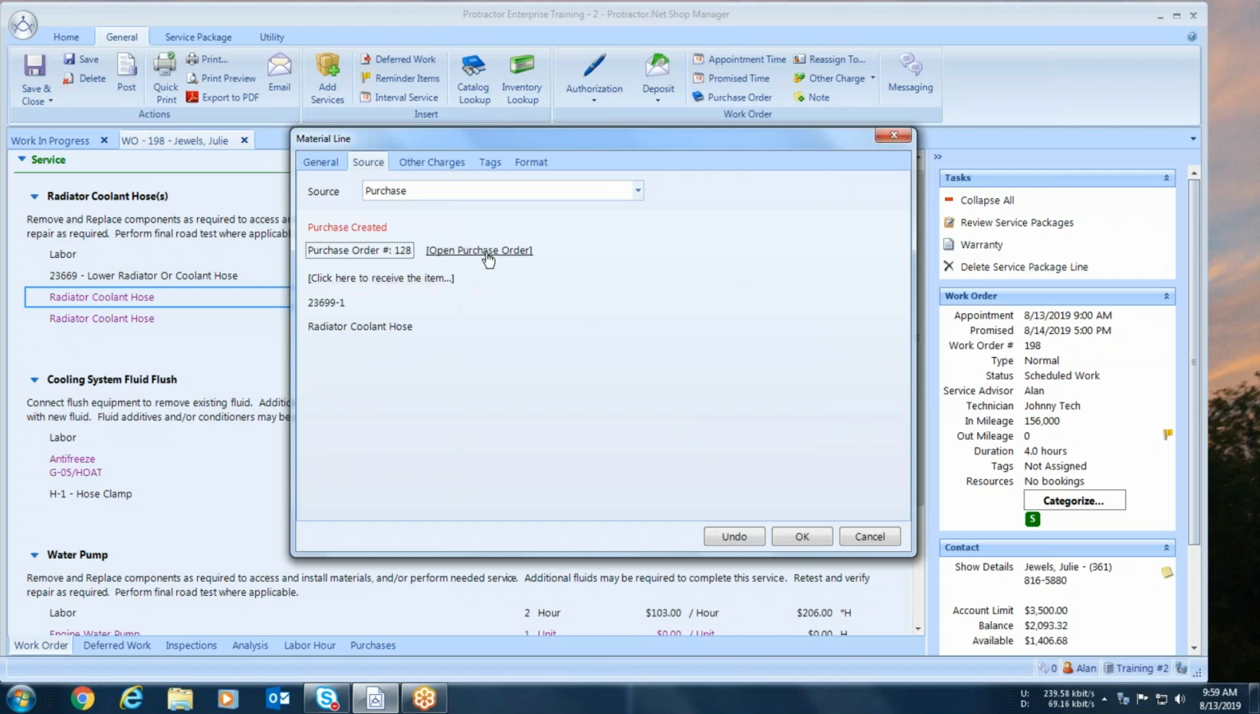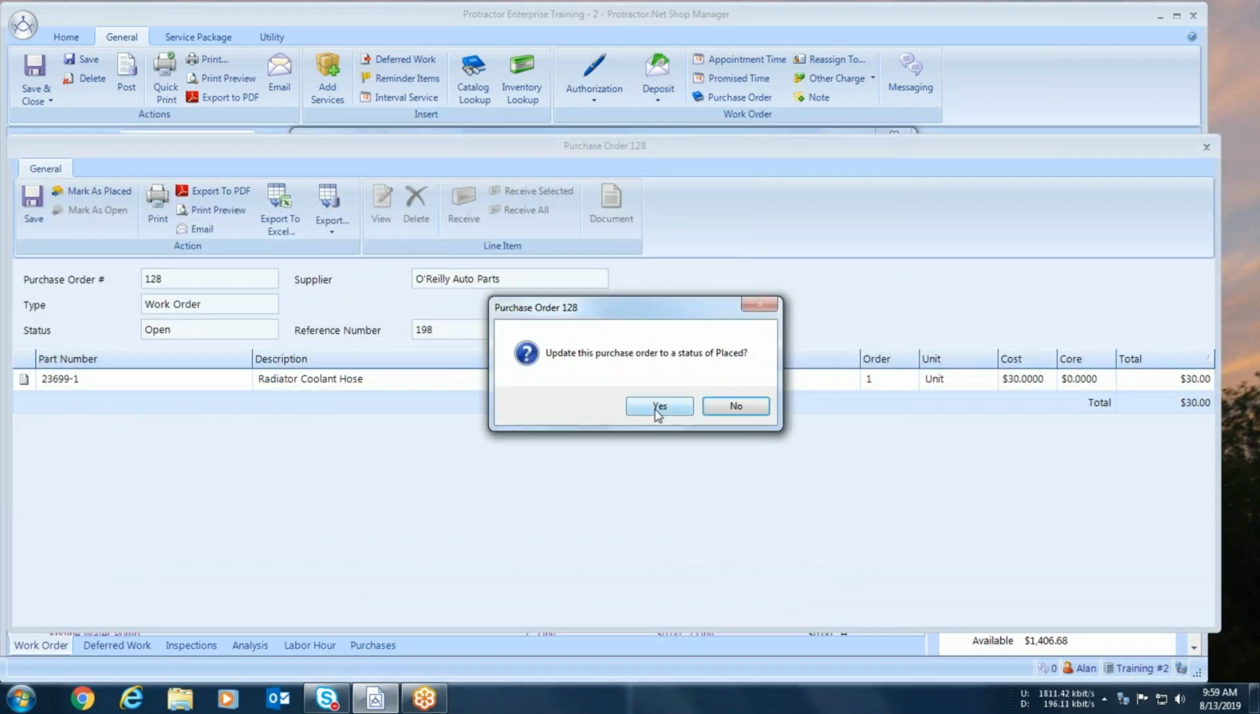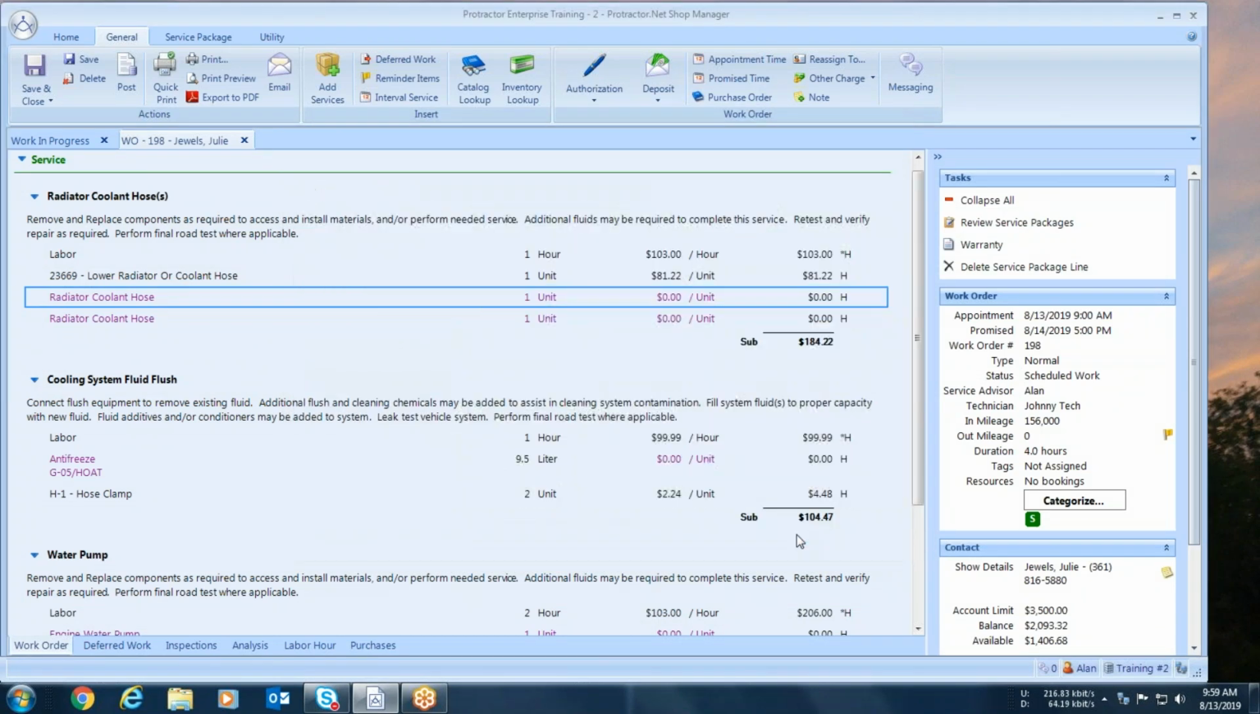So I can open it from here, make my phone call, order it in, and then tell the system I have placed the order. Hit OK. And now I have my purchase order created. Now again, I have not received it yet. So once the part arrives, I can A, open it here, or B,